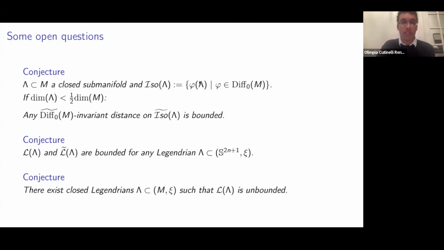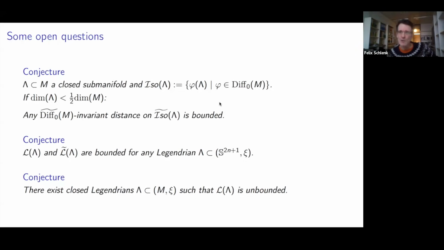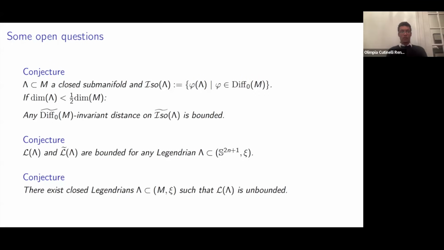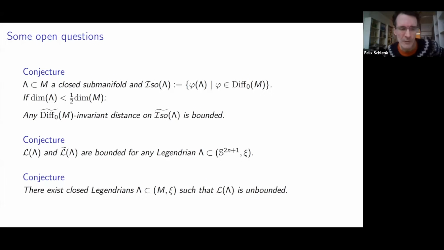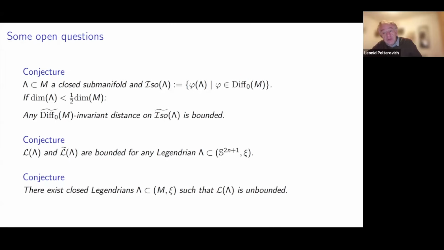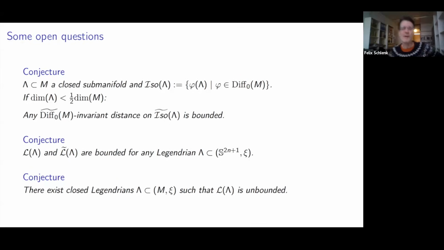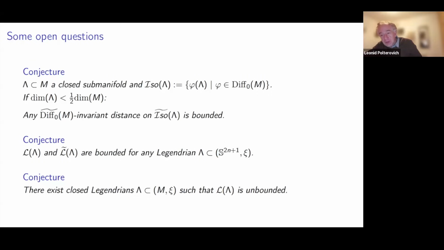There is the Shelukhin oscillation distance, which measures distance to the Reeb flow. Ah, that's true. And this distance is unbounded sometimes, but it's not invariant, right? Right, it's not invariant, but the question is whether, if you take some supremum or something, you can build something invariant. I don't know. So Igor, can you comment on this?